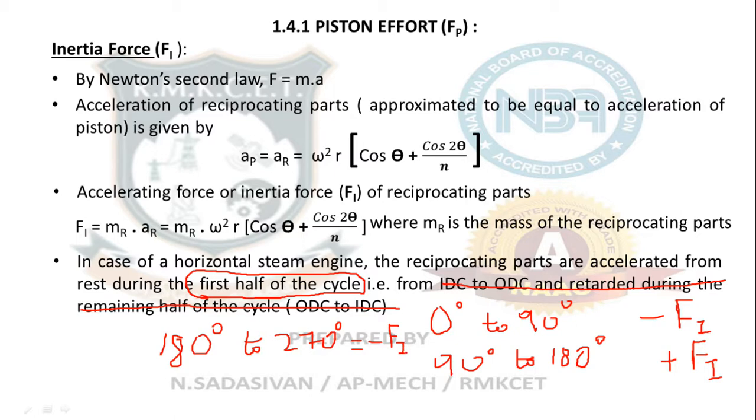Now finally after 270 degree up to 360 degree, back to the top dead center or inner dead center, piston will slowly slow down, decelerate and come to rest when it reaches the topmost position. Therefore 270 to 360, since your piston is trying to slow down, inertia will try to speed you up, therefore you will have a positive inertia. So that is the meaning of this plus or minus in the formula, right? Clear? You can make a note of this. It's very simple. It is going to vary on a case to case basis depending on the question. Please remember that.